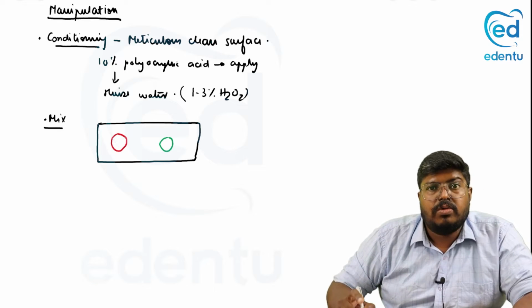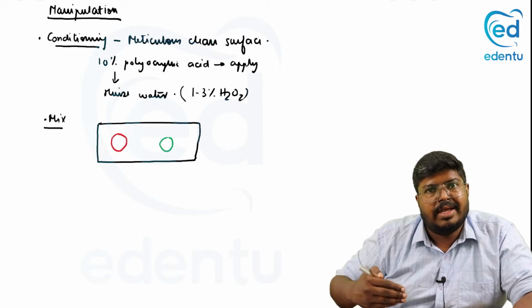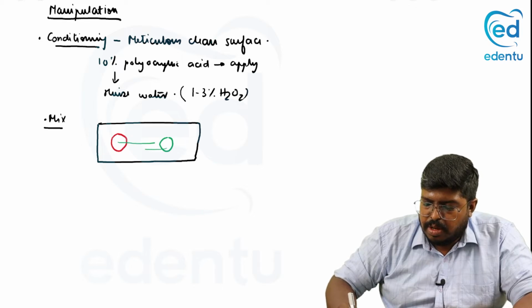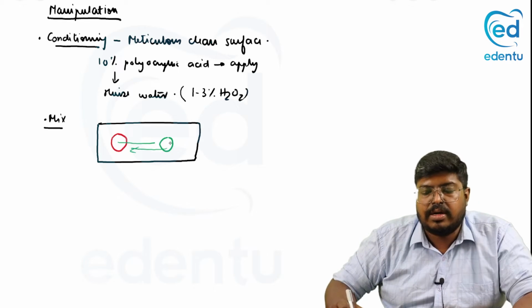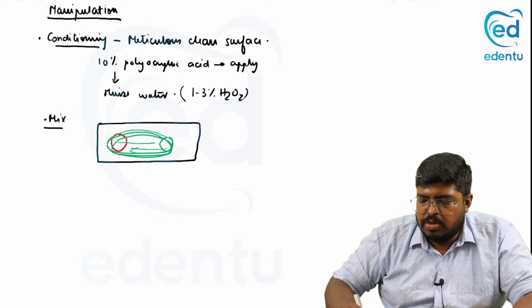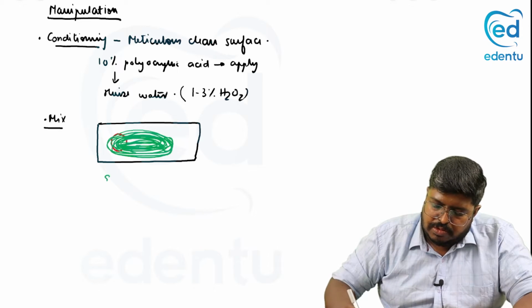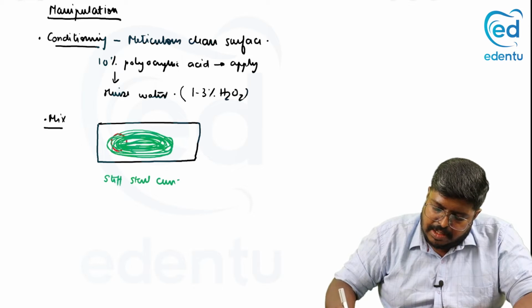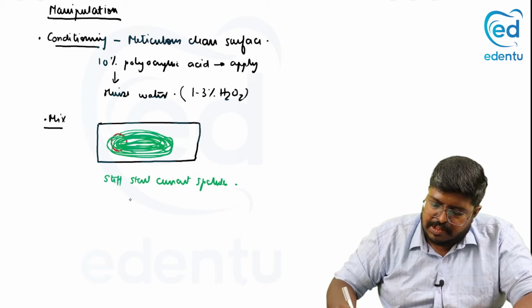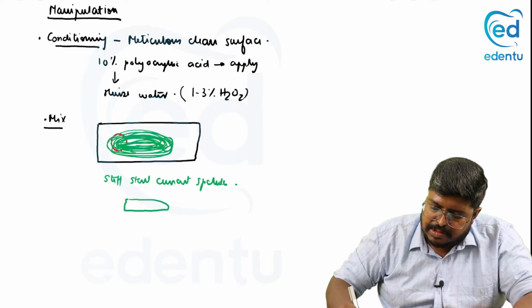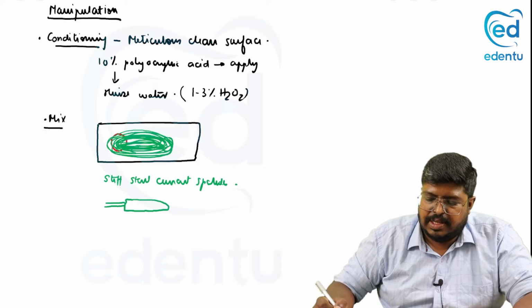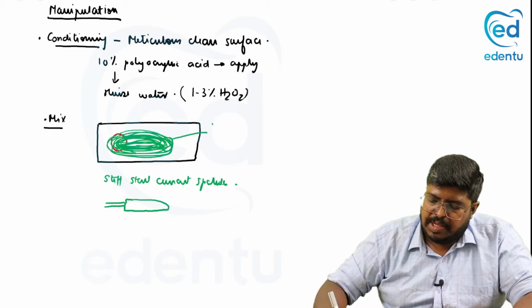Remember, in phosphate I told you it should be done in increments. No, here you are going to mix it together in bulk over a large area. You are going to mix the entire quantity over a large area. So you are going to use a stiff steel cement spatula, the instrument that looks like this, and mix the whole thing